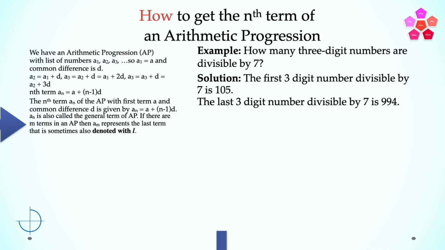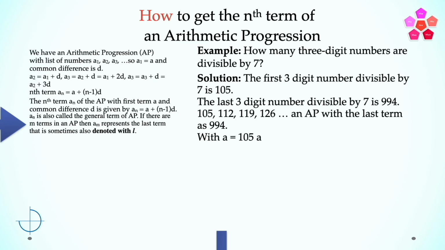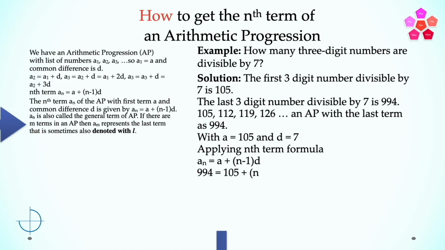Now with this, we see 105, 112, 119, 126 and so on form an arithmetic progression with the last term as 994. With a equal to 105 and the common difference d equal to 7, applying the nth term formula, an is equal to a plus (n minus 1) multiplied by d, we get 994, which is the last term, is equal to 105 plus (n minus 1) multiplied by the common